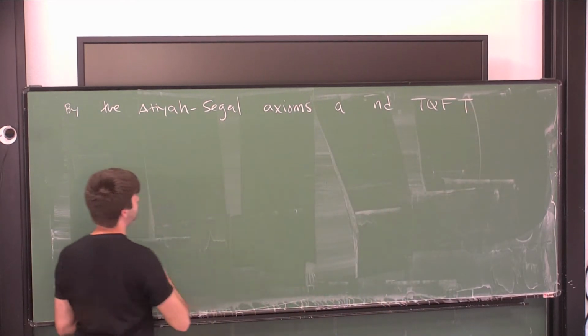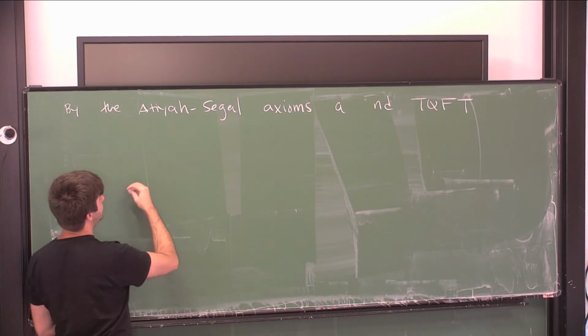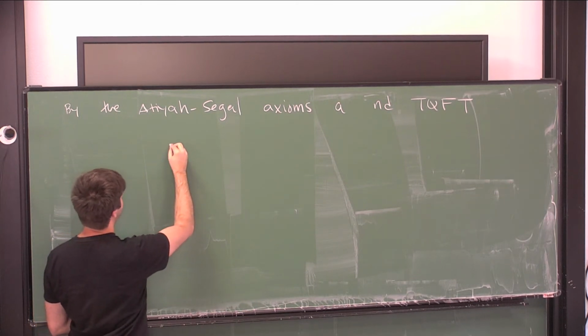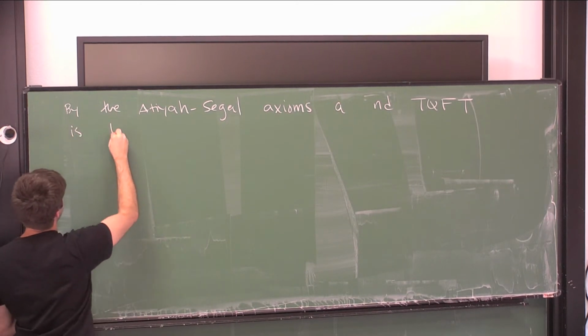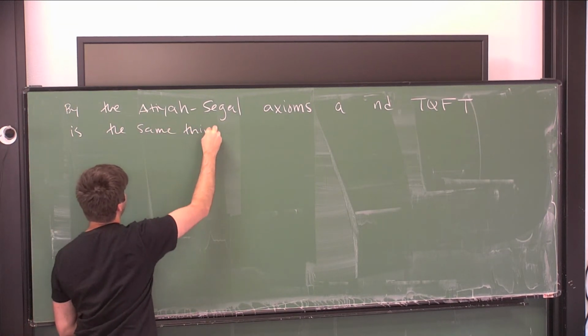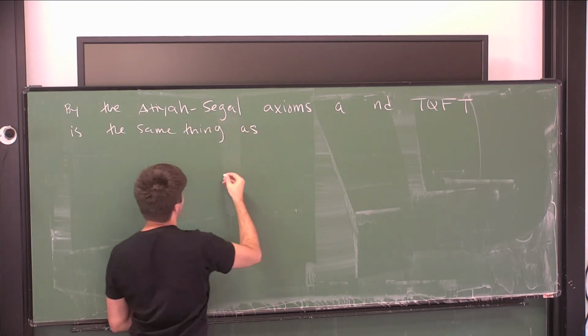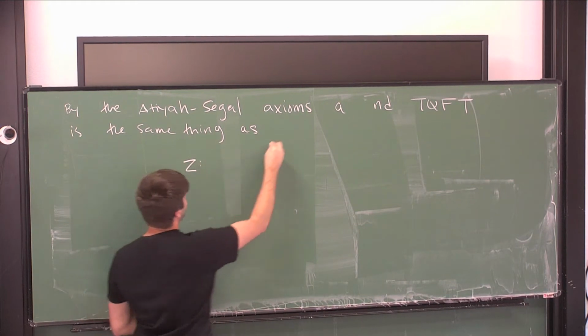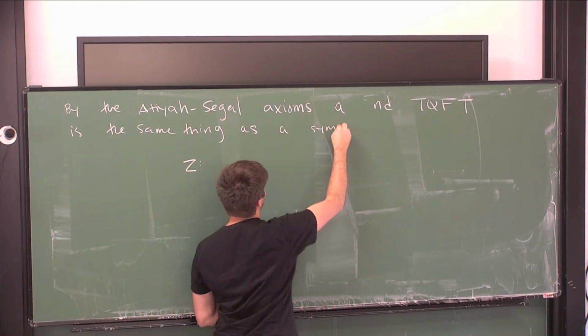By the Atiyah-Segal axioms, an n-dimensional topological quantum field theory is the same thing as a functor, in fact, a symmetric monoidal functor,